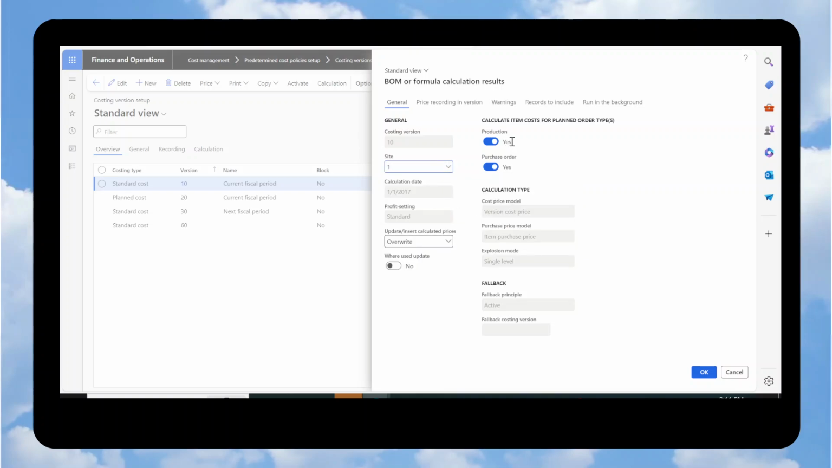And then for us, since we're just doing purchase here, I'm just going to do purchase. So I'm going to untick production. But if I wanted to, I could do that as well. And this is for planned orders. Again, not really important for what we're doing. So I'm giving it my site. And then over here,